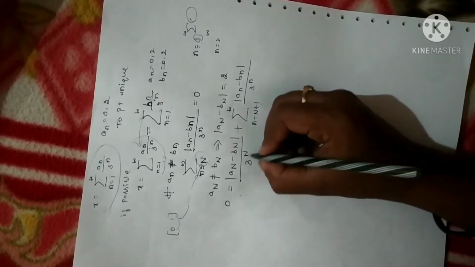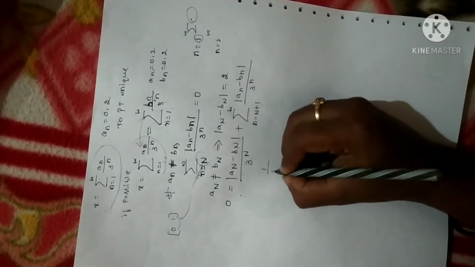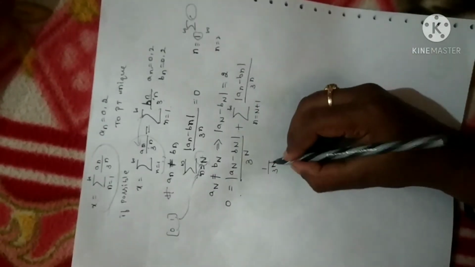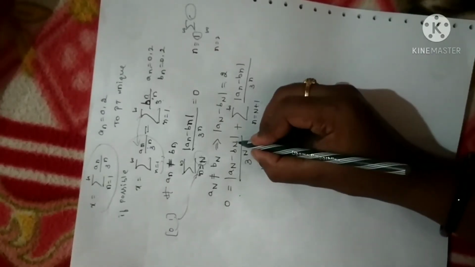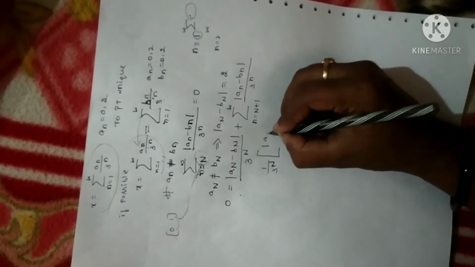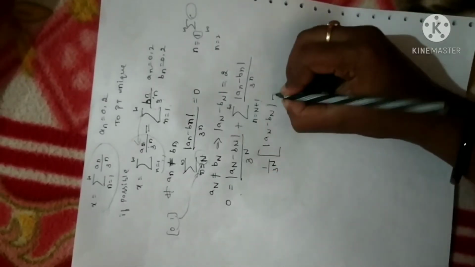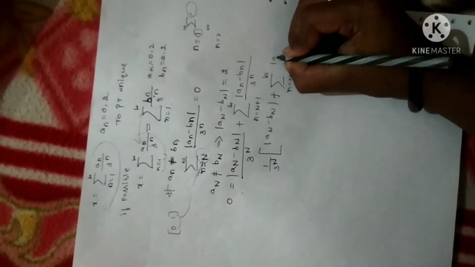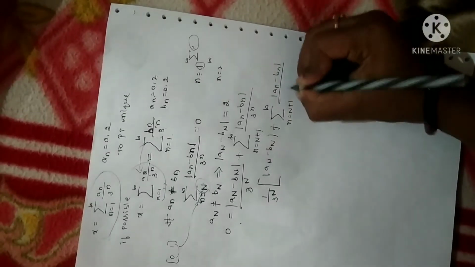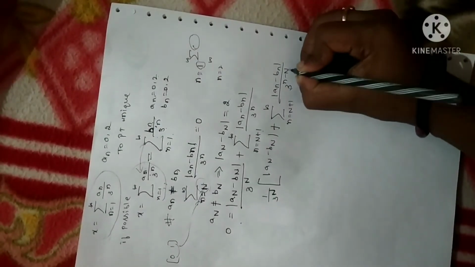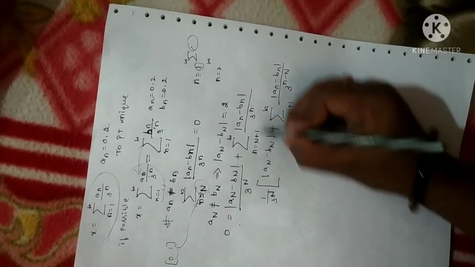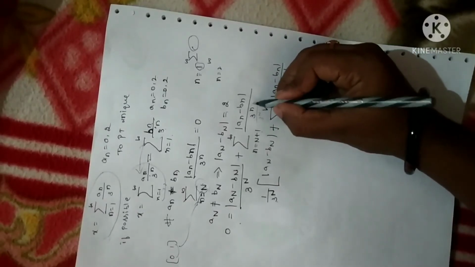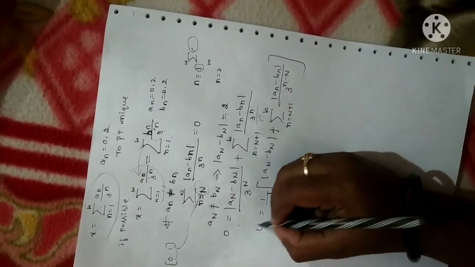Fine. Now I can take 3 power of n common in both the expressions. Even though we don't have 3 power of capital N here, let me take the common. So when you do that, an minus bn, or else I'll keep the term as it is. In the next step, I'll do that. Bn I'll keep as it is. Now, summation n is equal to n plus 1 to infinity an minus bn divided by 3 power of n minus capital N, I can write. Why? Because I don't have 3 power of n here. So I have to divide it with 3 power of n. So it goes to the numerator. It will become n minus N. It is basic simplification you have to know.